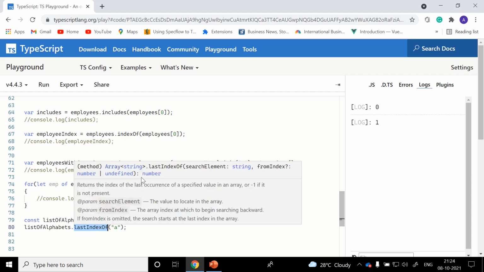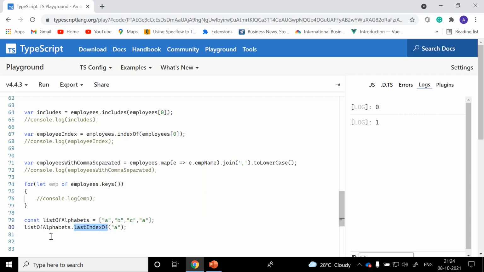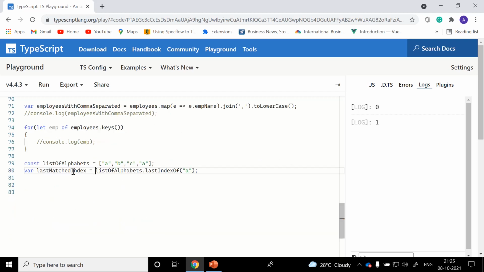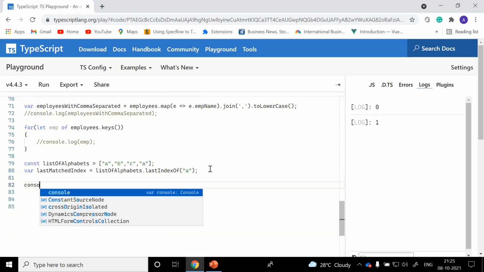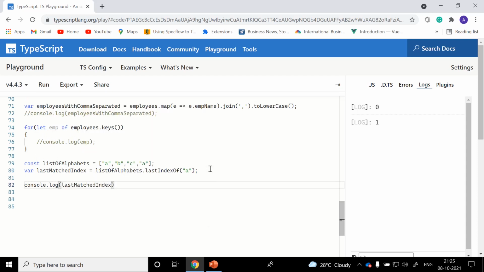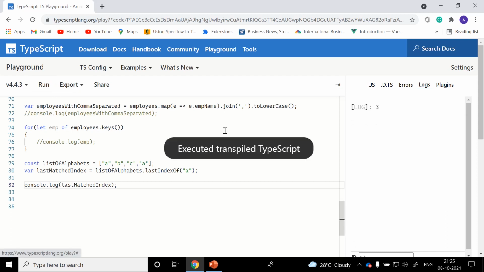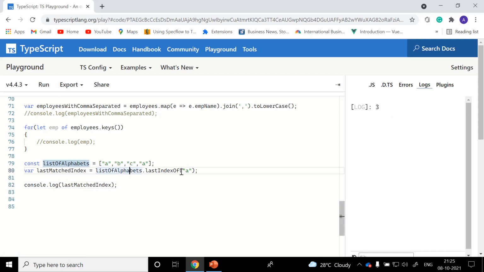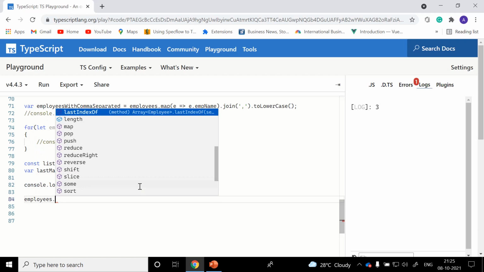If you run it, it's going to return the index of that matching element, a number. Then the last matched index. As usual, we are following the approach of logging all our findings. Console.log of last matched index. Just clear this out and run it back. Third position: the a is present in the third position. Employees dot lastIndexOf is done.